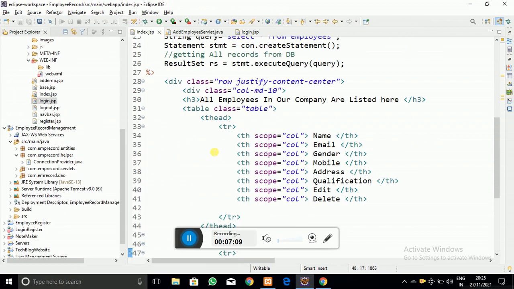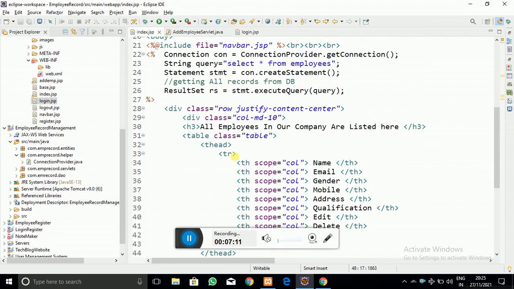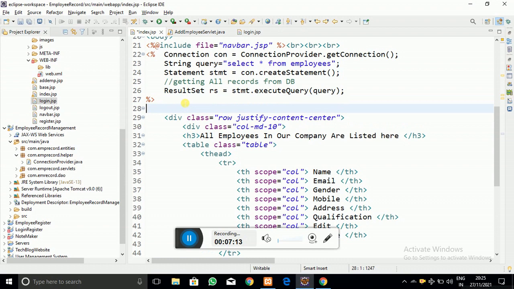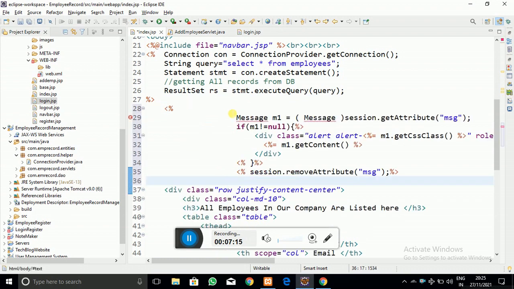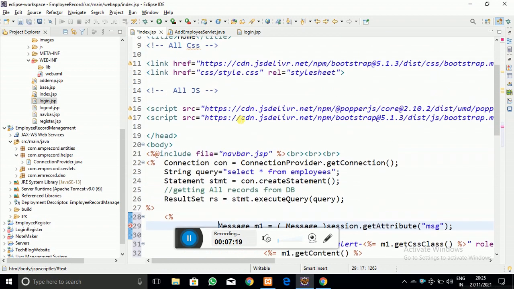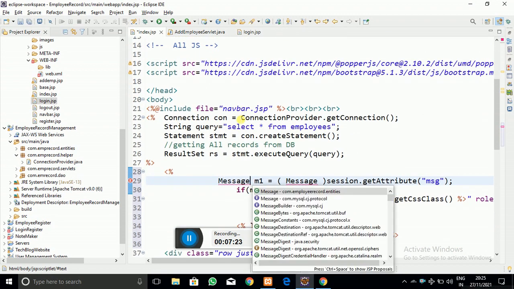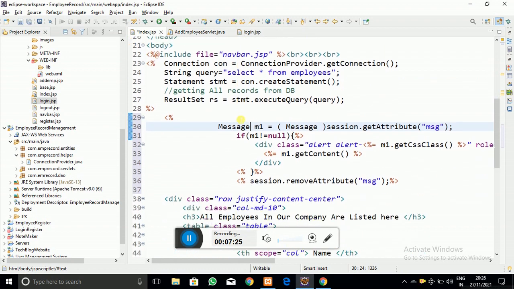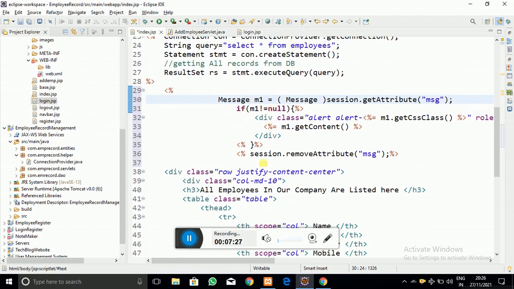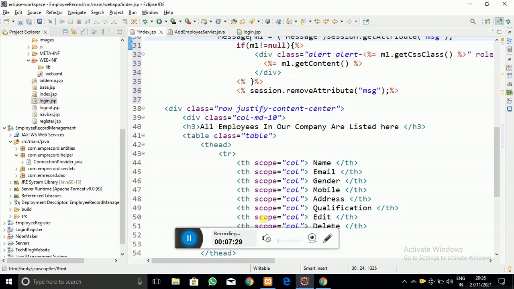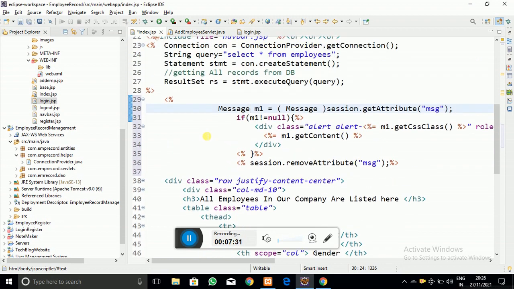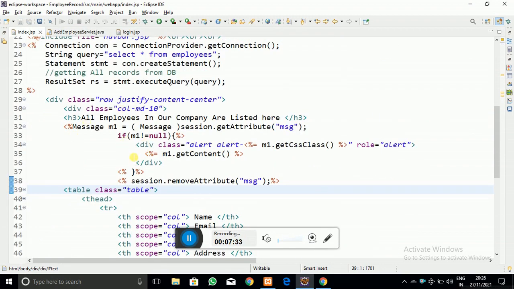We have created the code, and now here on the index page, I am going to accept the session value, as we have passed the message value to the session. In a similar way as we created in the previous videos, I have shown you that.